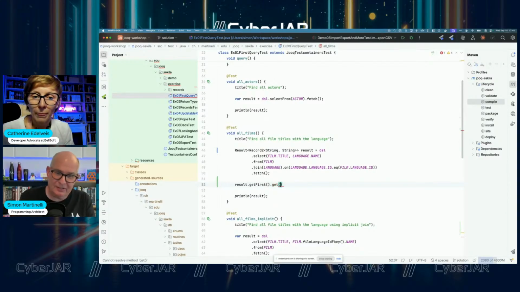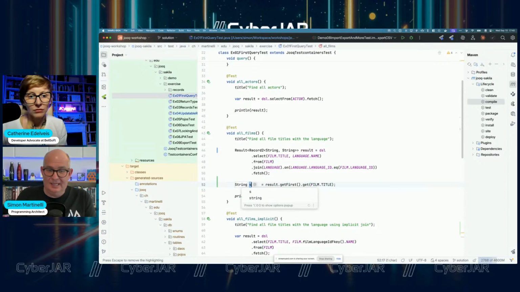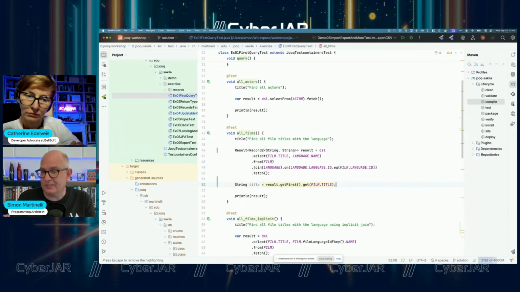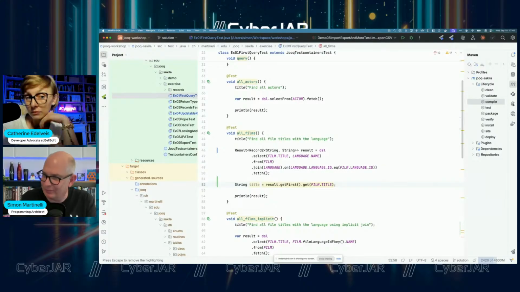And here you can, again, use the generated classes, because I then can say, give me the film title. And this will return a string, for example. So I could use that to work in my application. So that would mean that I will spread the meta model all over the place.